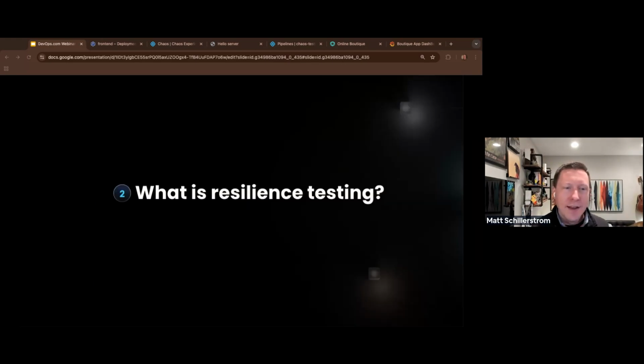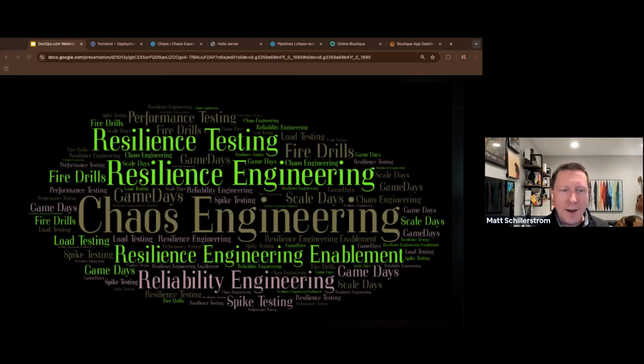And what I'd like to say, what is resilience testing? And I have a word cloud here. Sometimes when I'm giving a real physical presentation at a conference somewhere, I like to have people throw out what they call their testing. But these are all things around chaos engineering today, right? And sometimes I don't even like to say the word chaos engineering.